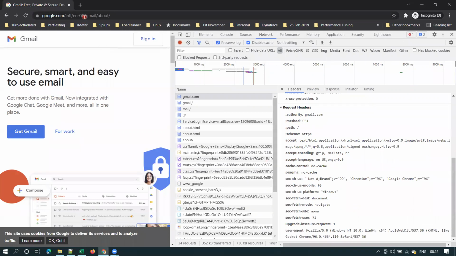So when you are sending a request internally, browser will send some additional information to the server. What is that additional information? Browser is saying that I can understand only this US English. Understood? So then server will send the response in English language.